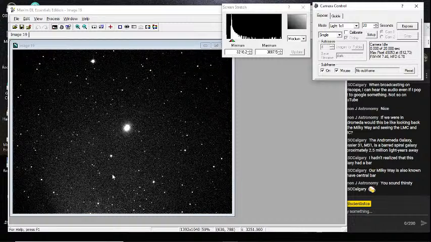So we're going to go find it. So I want NGC 272. Telescope, look for that. These modern telescopes are great. They go and find things for you. It's wonderful.